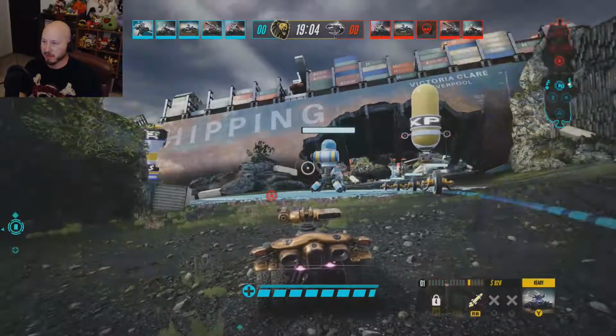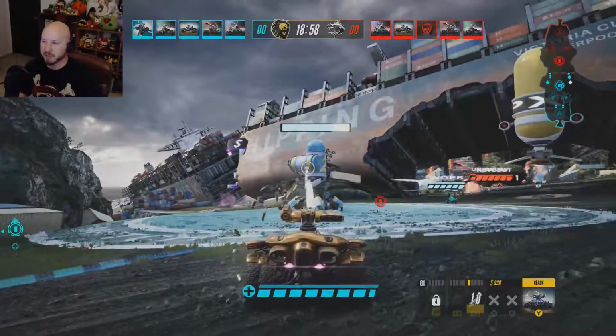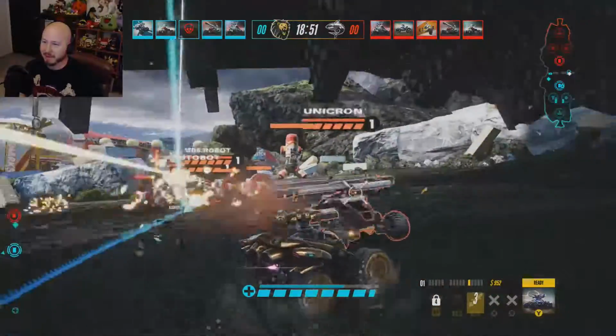Let's see, we got an upgrade, so we grab that. There we go. Now we have a lock-on. We have a missile that we can shoot at these. Obviously, we don't want to be shooting that one. That's our blue one. That's bad. We do have a lot of...